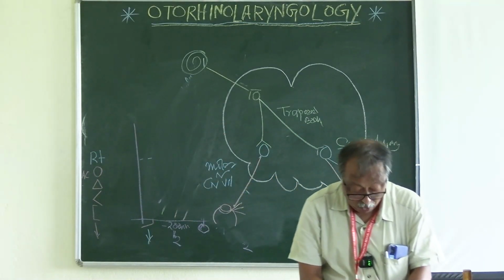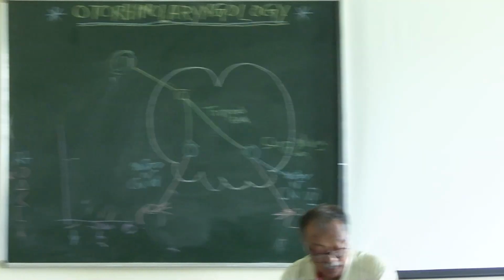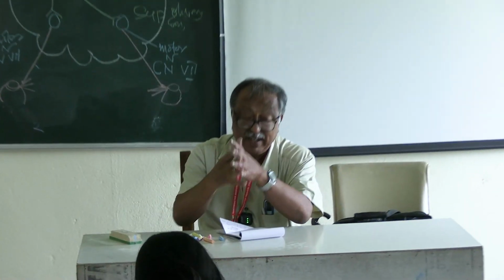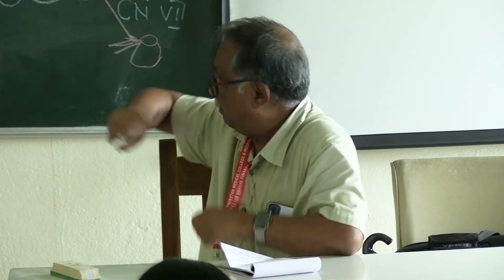It is the area of the pons. Sound level is given 70 decibel or 100 decibel more than the threshold, and that will give a curve or a peak in that curve. Why? Because